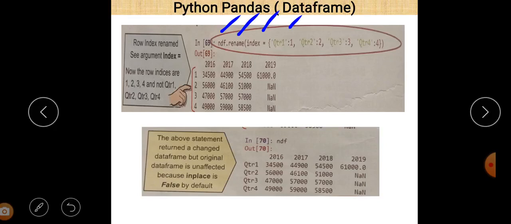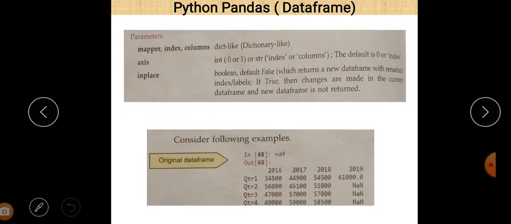Actually this is a dictionary, as you can see. The first value is the key and the second is the value. So for key Q2R1 the value is 1, for Q2R2 the value is 2, for Q2R3 the value is 3, and for Q2R4 the value is 4. This is our original data frame, and these are the keys here: Q2R1, Q2R2, Q2R3, and Q2R4.